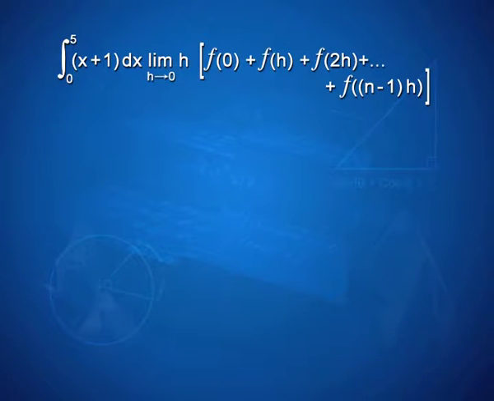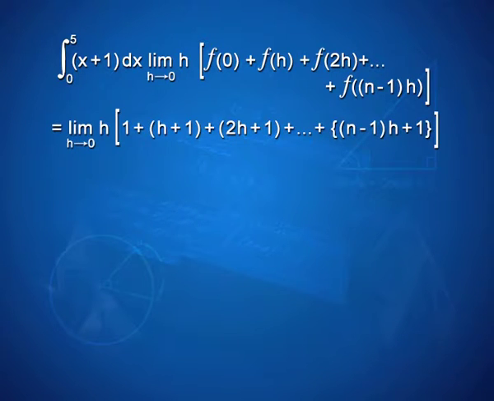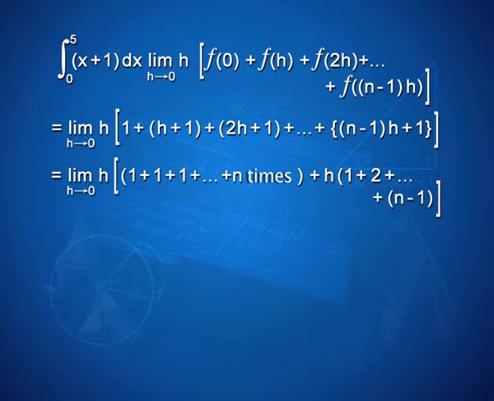Integral 0 to 5 x plus 1 into dx is equal to limit h tends to 0 h into f of 0 plus f of h plus f of 2h and so on plus f of n minus 1 into h, that is equal to limit h tends to 0 h into 1 plus h plus 1 plus 2h plus 1 plus so on plus n minus 1 into h plus 1,